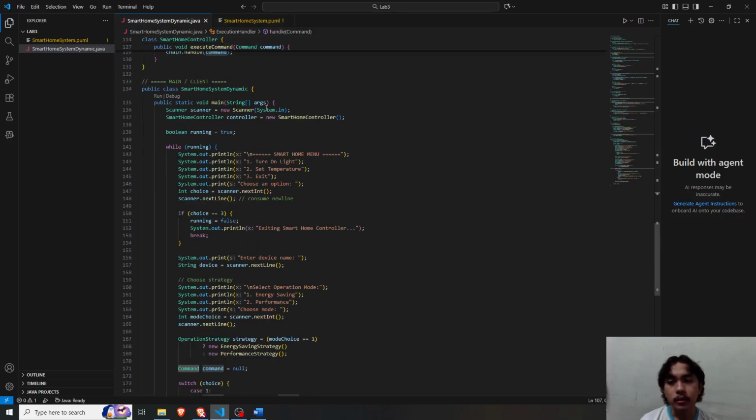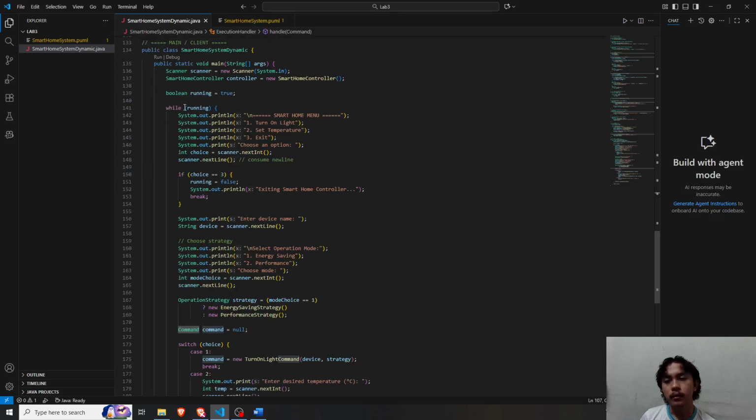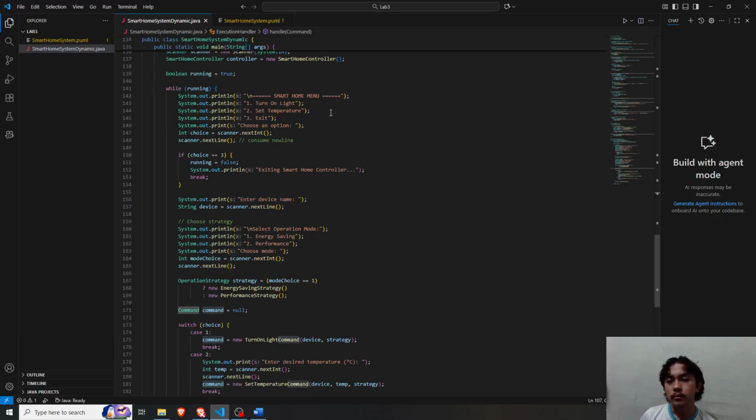So let's proceed to the main method, or the client side. We import a scanner, create a new scanner object, and then the controller object. We have declared boolean running equals true for the while loop. So while running is true, it will iterate, so our system will be recursive unless the user exits.